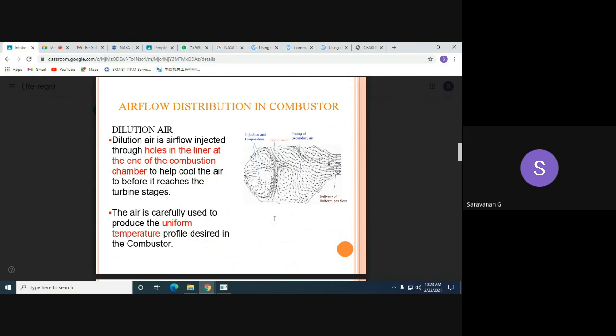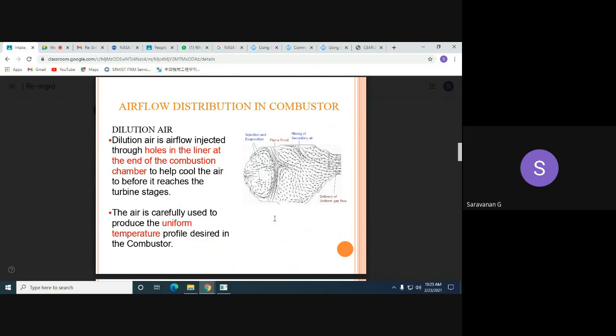In order to overcome this problem of high temperature hot gases coming out of the chamber, which would affect the turbine blades or stages, we have to cool down. For that, we allow a certain amount of air to flow to the